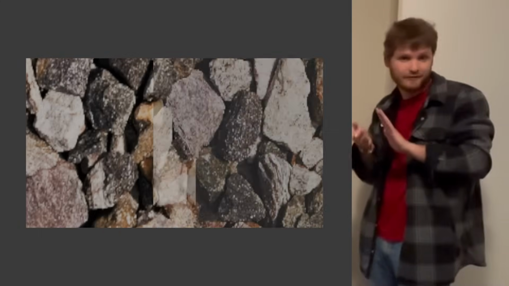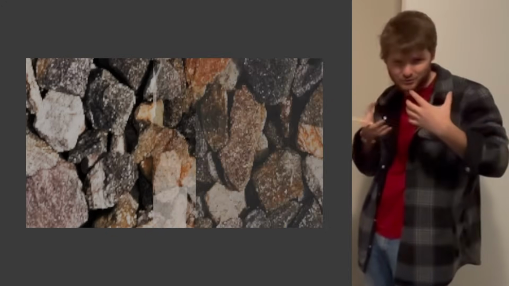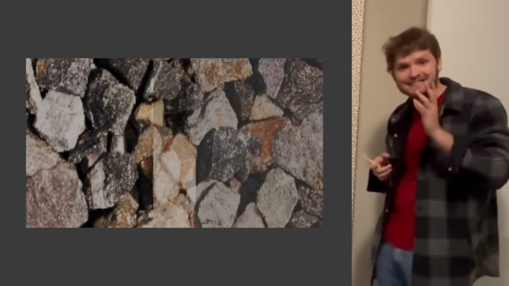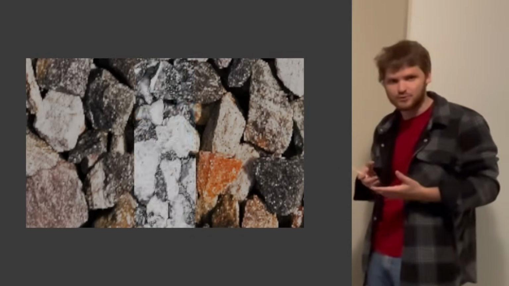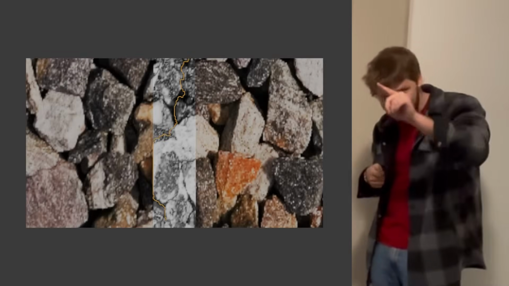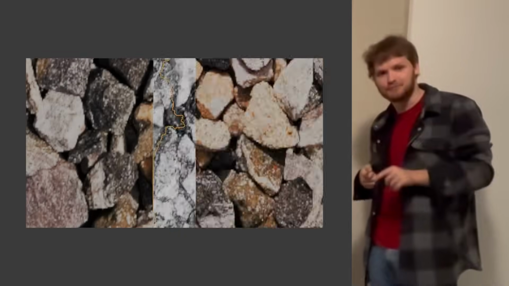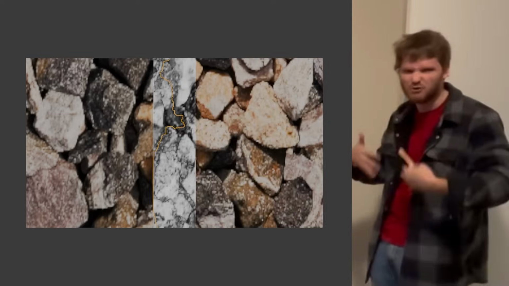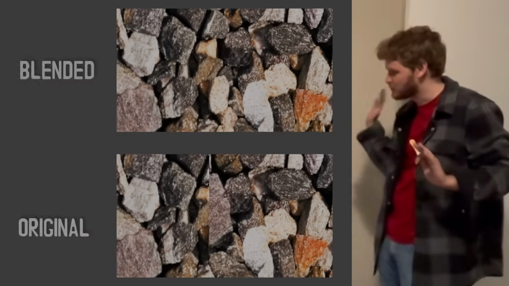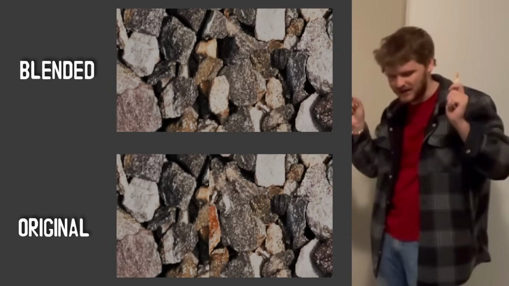If we do a 50% transparency, they still have this weird overlap. And it turns out the way we do this is we calculate the difference between these images. We're gonna call that a difference or an energy map. And if we now find the minimum path from top to bottom, like the lowest energy, lowest difference path, we've created a seam. We have the left tile, we have the right tile, and we have the two kind of